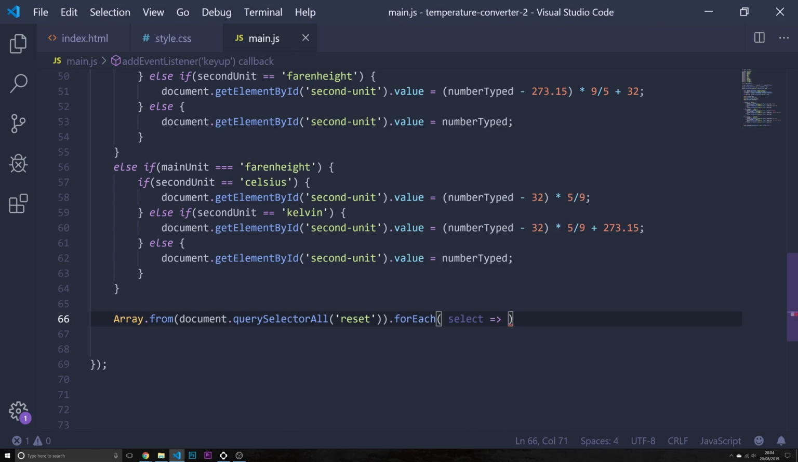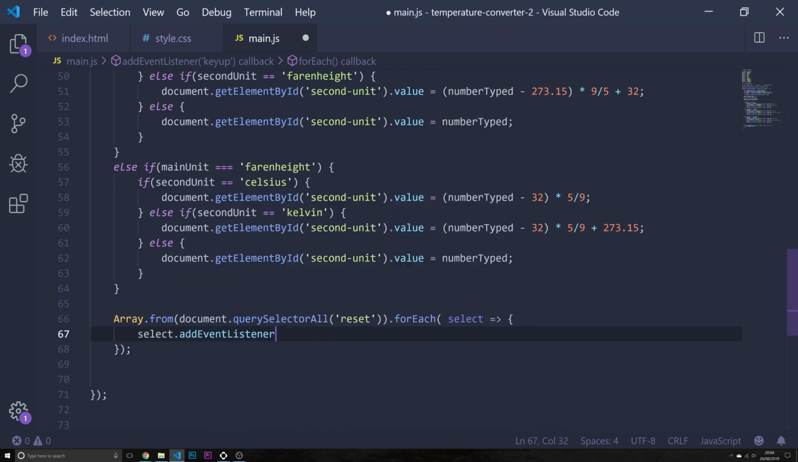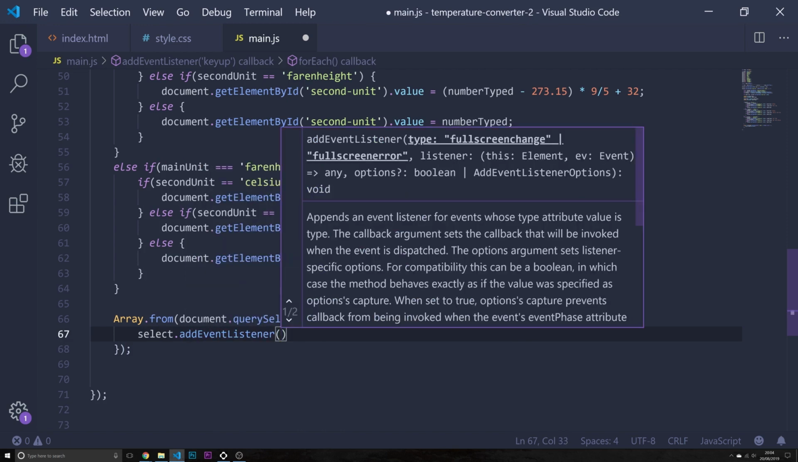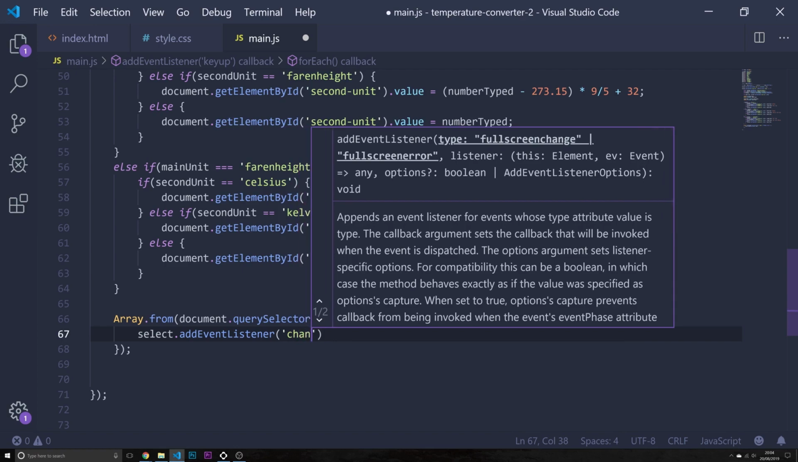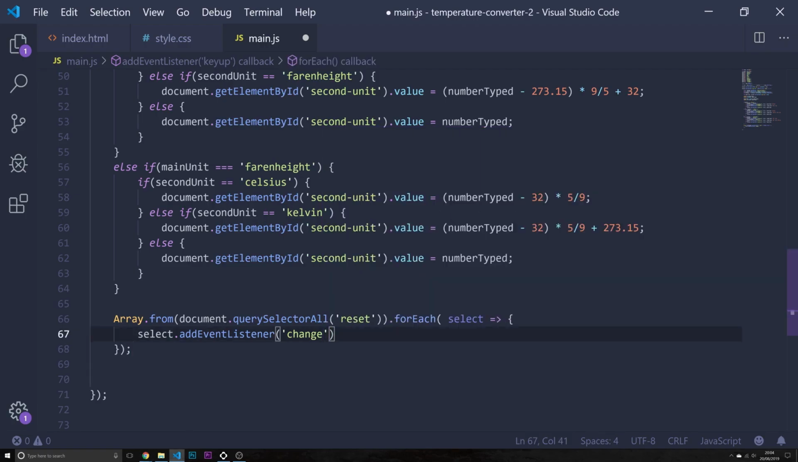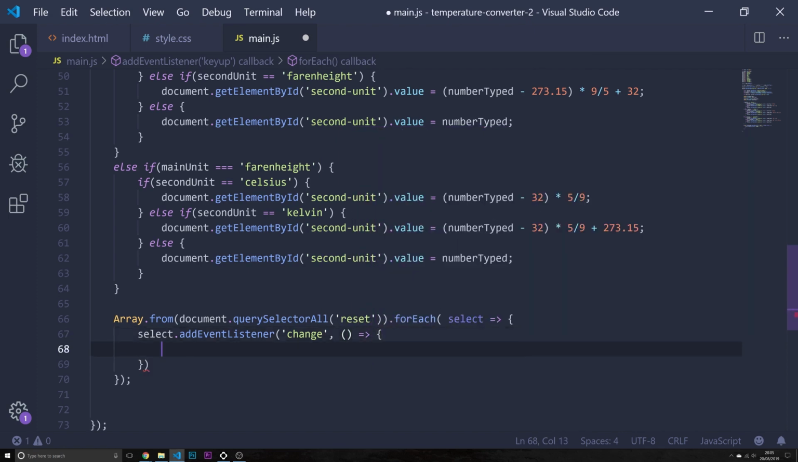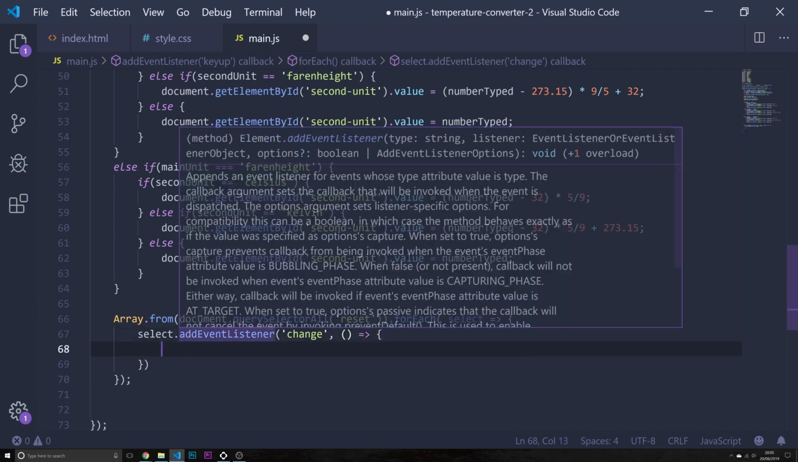We're going to run a function, and this function, what we'll do is, let's go back in here. I want to select, dot addEventListener, and the event listener is going to be change. So whenever you change from this to this or whatever, this is the event change. It's going to do this function. And this function, what we'll do is